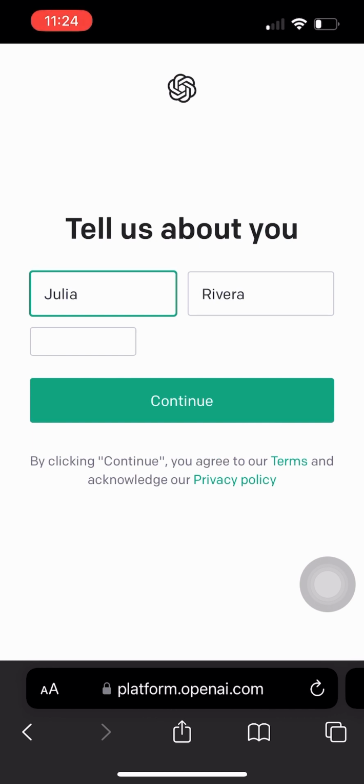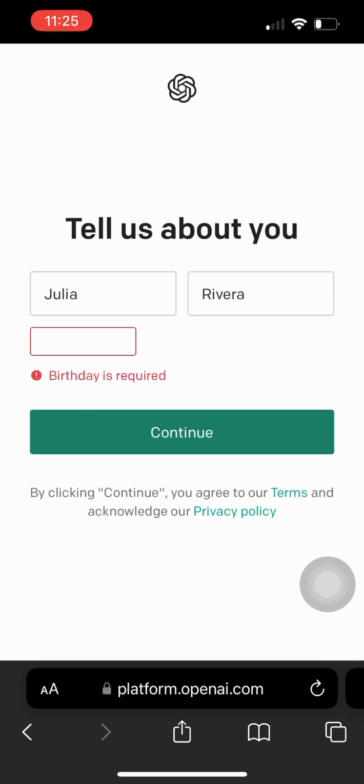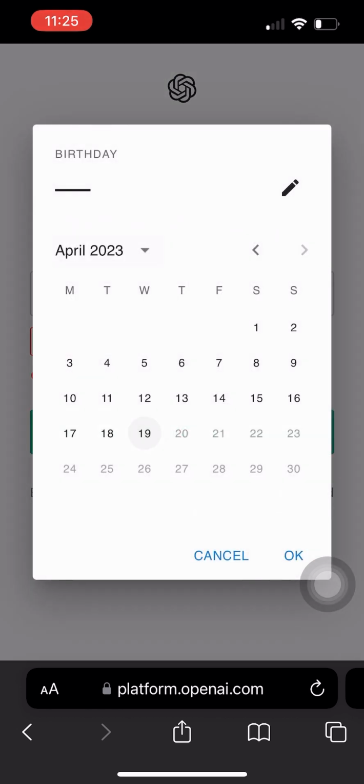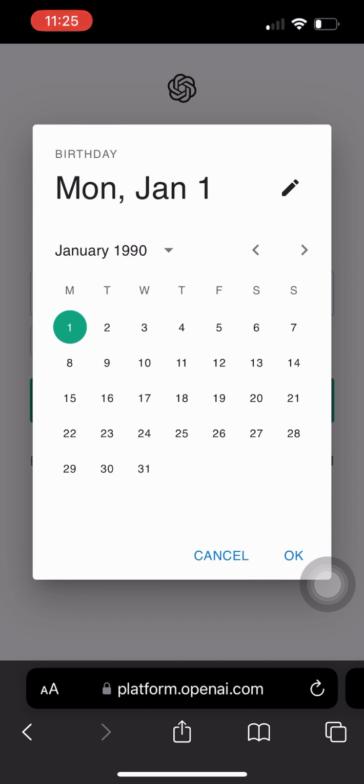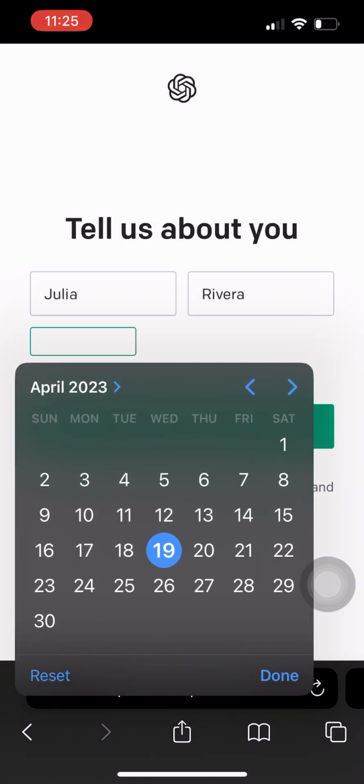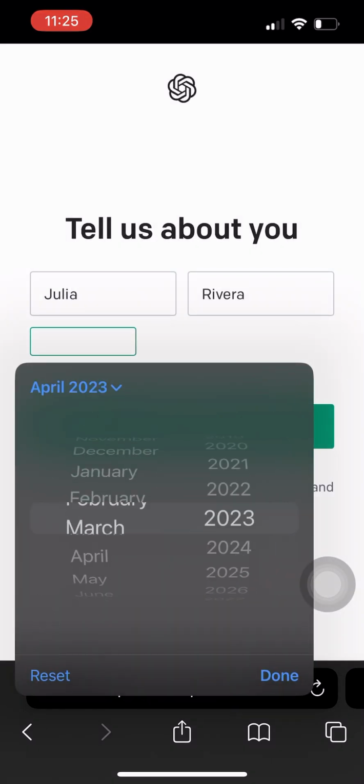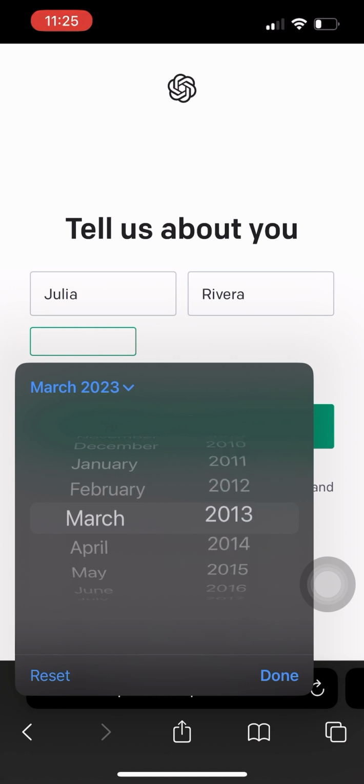The steps left for you to do is to first write or type your name and press continue. Then type your birthday. You have to write the same birthday that you have on your Gmail account. And last is for you to enter your phone number. Once you've completed all steps, you can now use ChatGPT with your Gmail